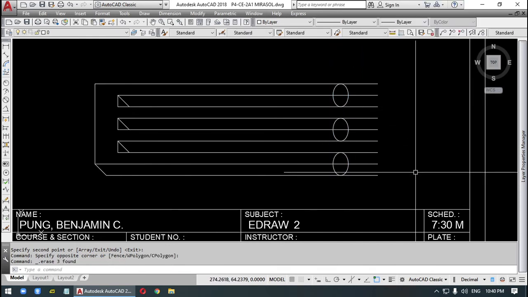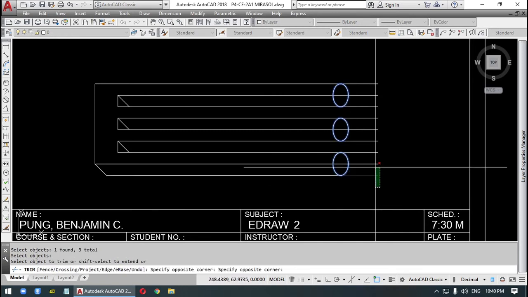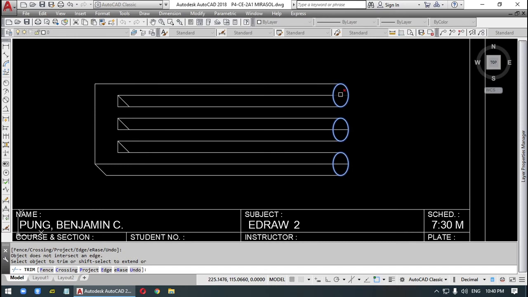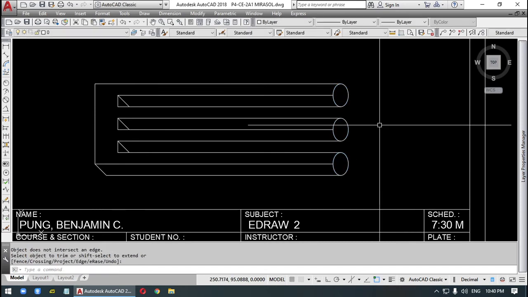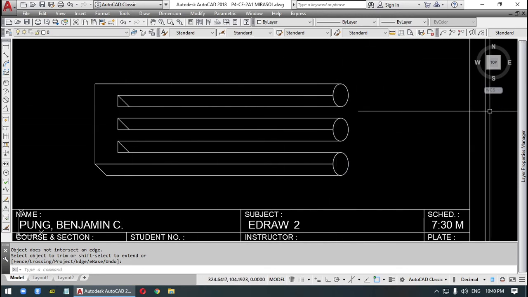Okay, we trim. Use this circle to trim. There. Use this. Trim again. We need now just to add your hatch there and put dimensions. Okay. So